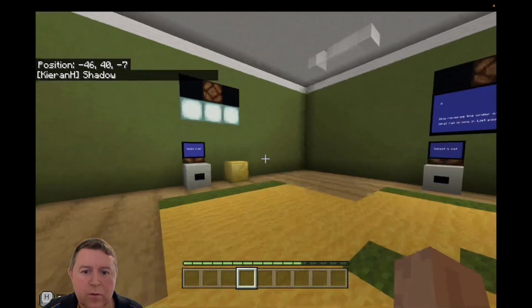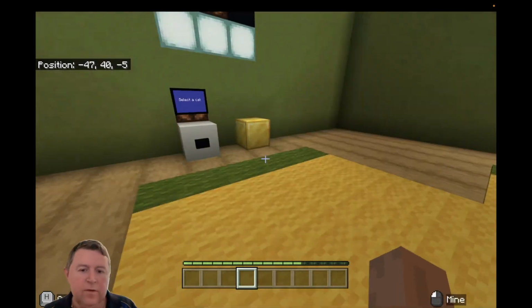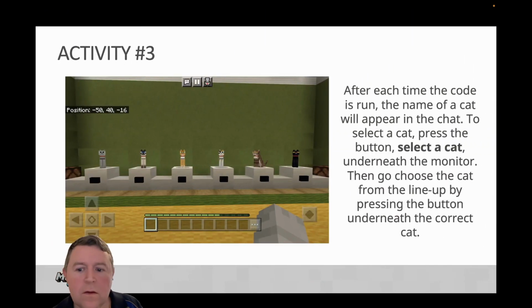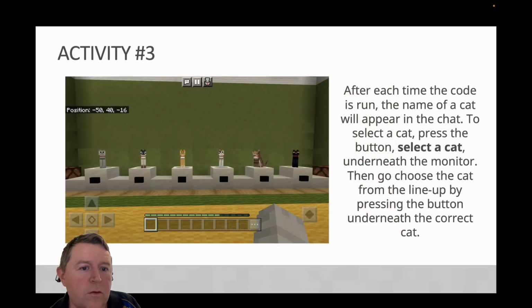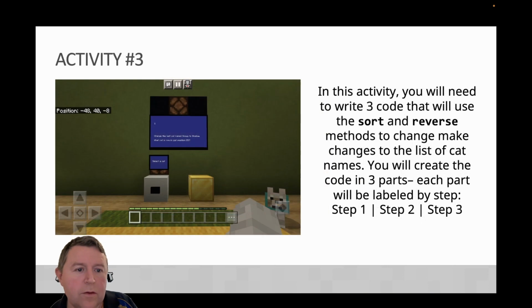Okay, so then we need to sort. Let's see if I missed something. Press to select the cat, press the select the cat button underneath the monitor, then choose the cat from the lineup by pressing the button. Use the sort and reverse. Okay. Okay, maybe there's a